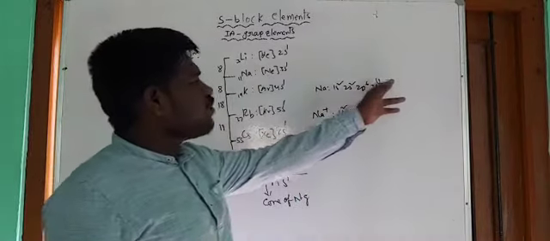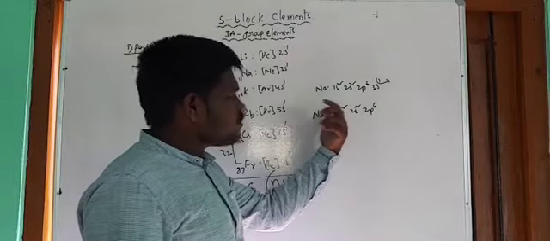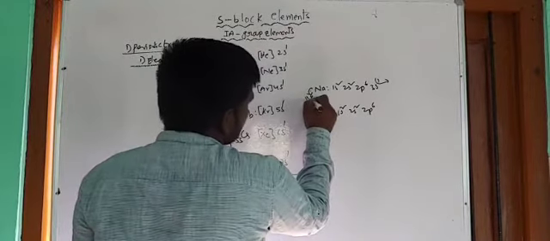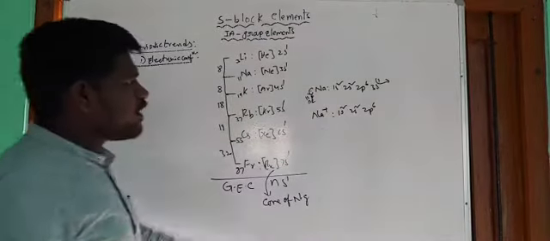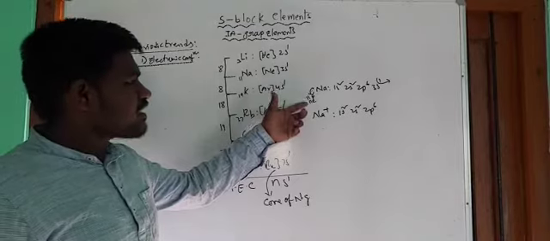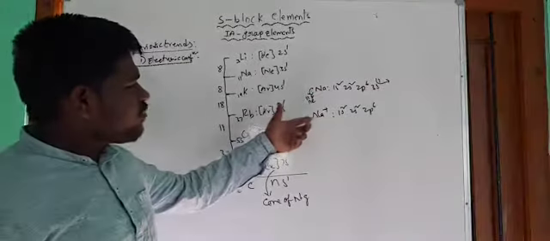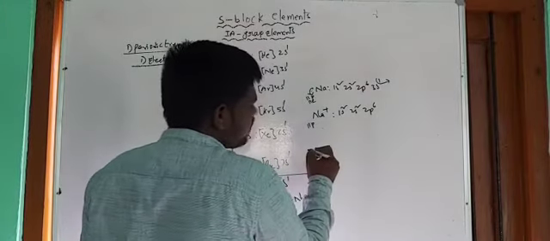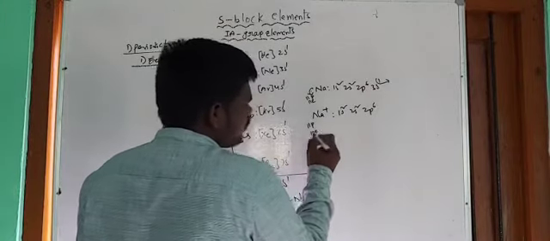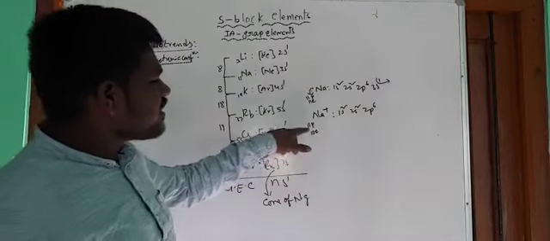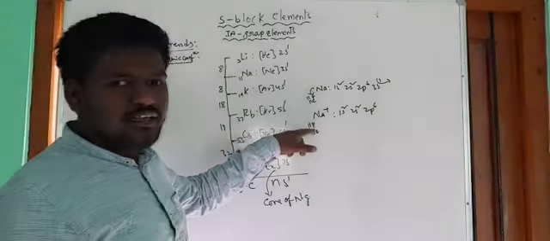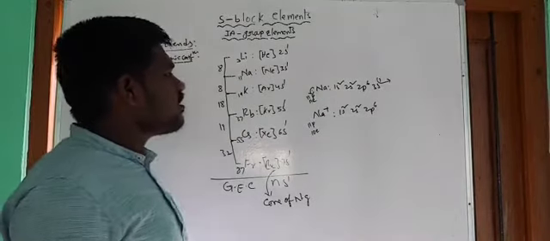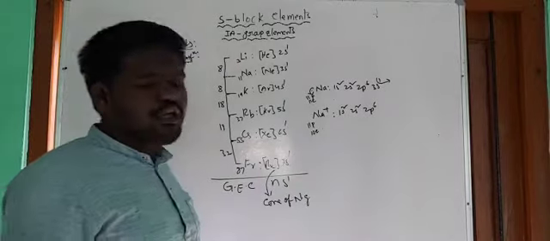So one electron is removed here, so it carries positive charge, because this one has 11 protons and 11 electrons. Equal numbers of the opposite charges are there, so this is neutral. But here one electron is removed. After removing the electron, the number of protons is 11 and the number of electrons is only 10. So what about the net charge? One extra proton is present, and a proton means positive charge. So after removing an electron, every atom carries a unit positive charge.